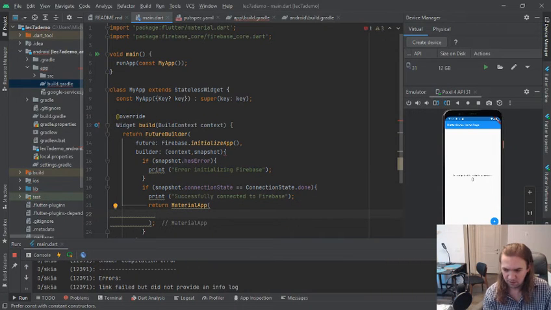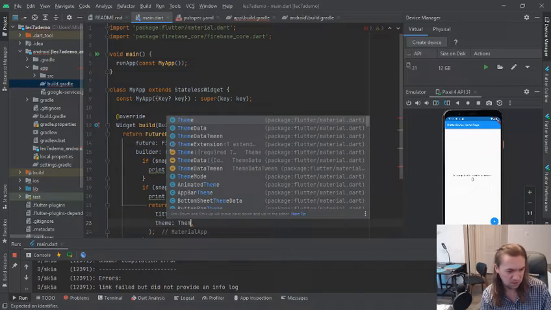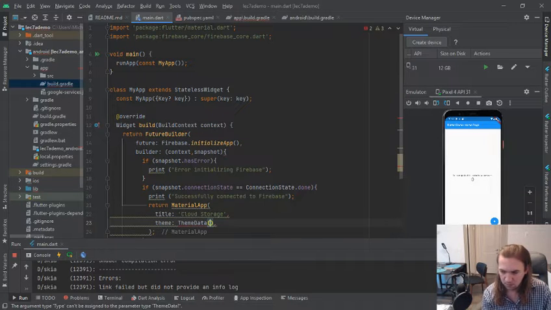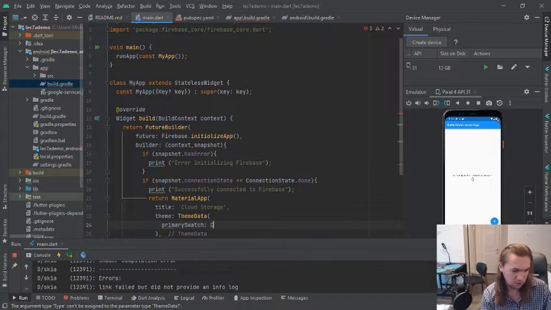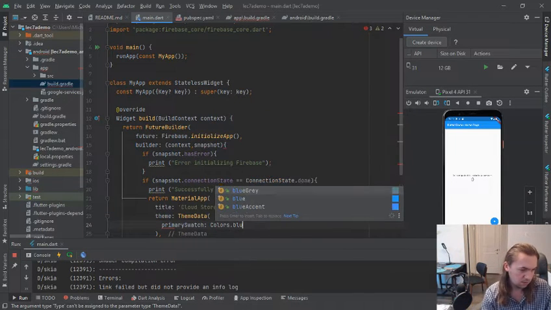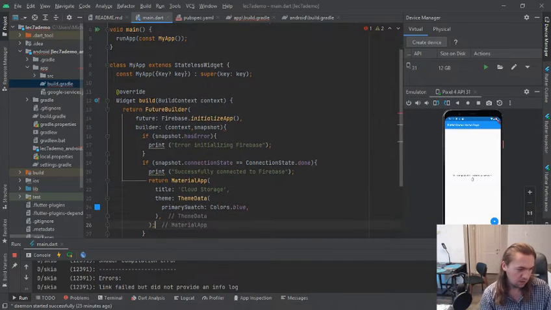So our app is going to be called Cloud Storage. So that's what we're doing today. We'll have a ThemeData, primary swatch, blue, as usual. And we'll put in a home shortly. That's going to be the actual app that we're going to be building, but I just want to make sure everything can connect. Okay, so there's our app,